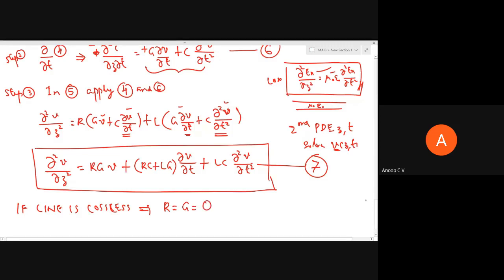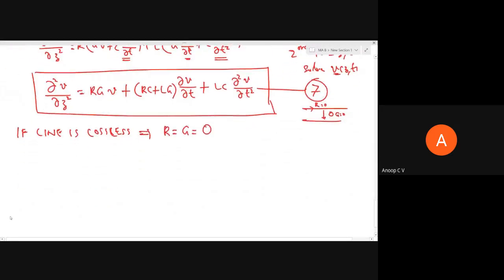I'll just tell what that is. That is the resistance, the forward resistance will be 0. It will be a perfect conductor and there won't be any leakage current, that is, this will be a perfect insulator. So this G will be equal to 0 and R also will be equal to 0, right? So if you apply that, what will happen? In 1 minute, I'll wind up.